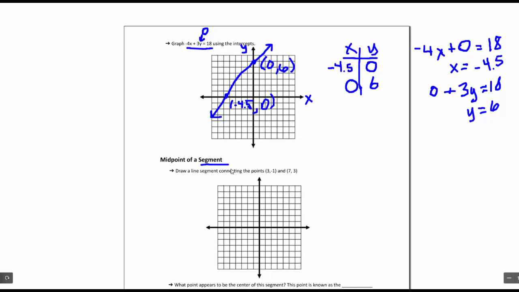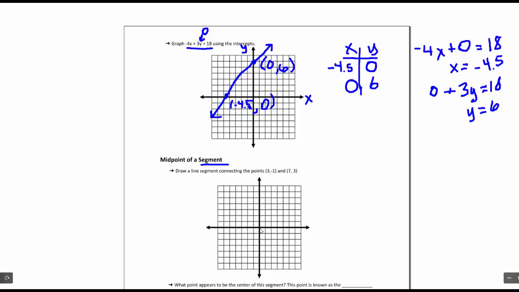So when we're finding the midpoint of a segment, we're taking a piece of a line that has two endpoints and we're finding the point that's in the middle. So we're going to start by just drawing a segment on this graph, and then we'll look at what its midpoint might be. So let's draw a segment that connects the points 3, -1